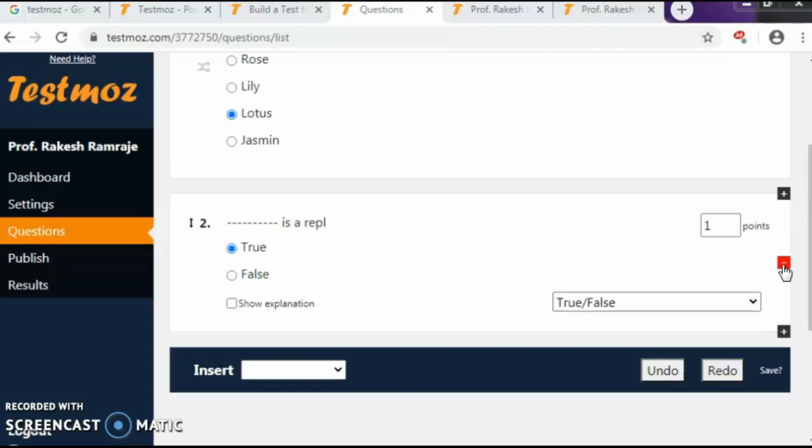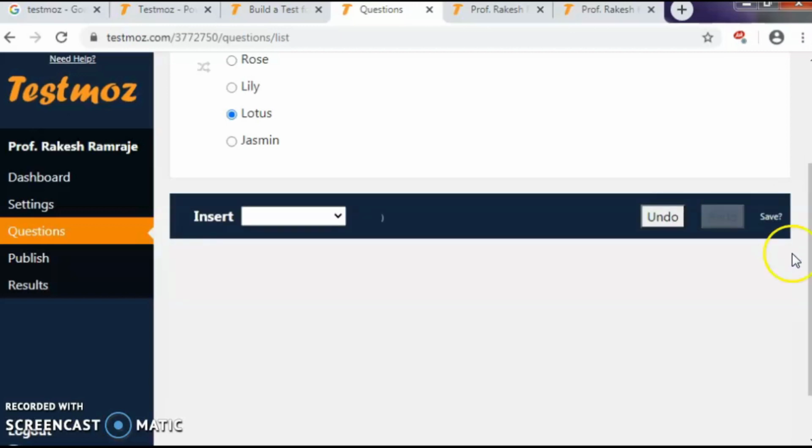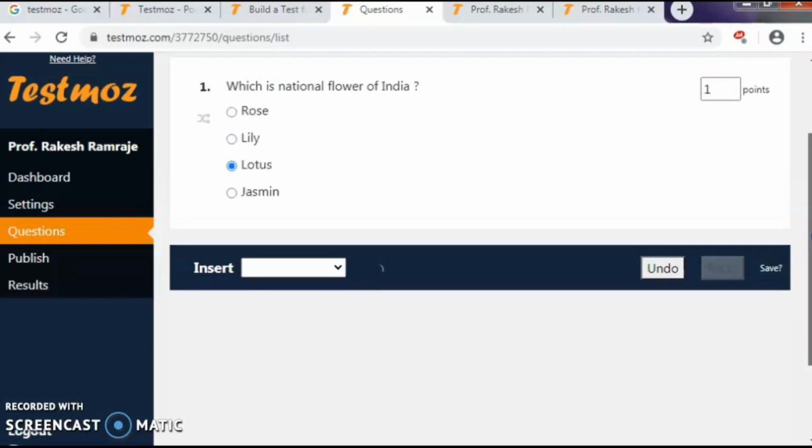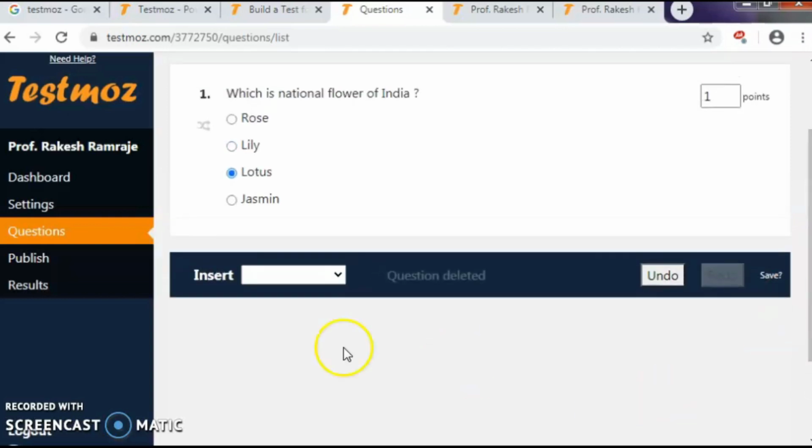The question choice is true or false, and I am typing a fill in the blanks question. So I want to delete the entire question by clicking onto the red sign having the negative marking on the right hand side. By clicking on that, I totally delete the entire question. Here is a demo for all of you.